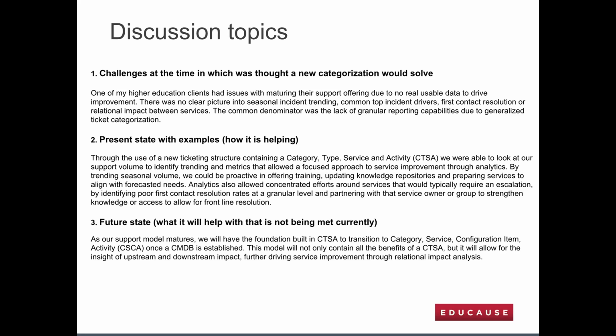So with that, what I would introduce is a method called CTSA. Some might be familiar with it. It's category, type, service, and activity. And these are fields that you would fill out in the record. Now, the easiest way to launch this is work with multiple departments and just really go through everything that you're servicing and start putting these into these categories. Now let's talk about these categories for a minute.